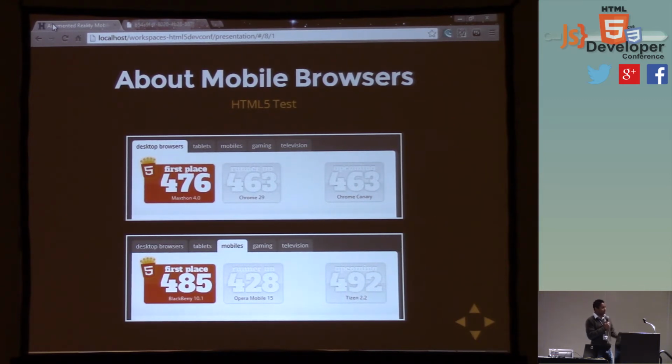So, but then when we look at Tizen, Tizen's higher than the BlackBerry, but Tizen's not out yet. Probably come out later this year or early next year. But the devil's in the details. Going to Can I Use and say, oh, will this actually work from a specification standpoint, and then actually getting a device in your hand and testing it, that's the penultimate test.